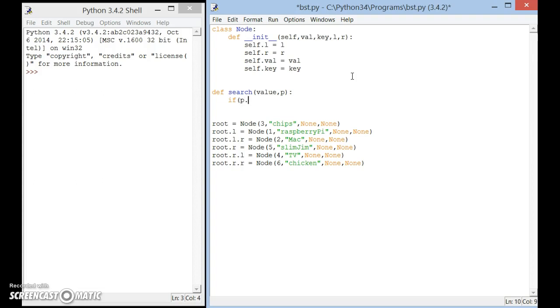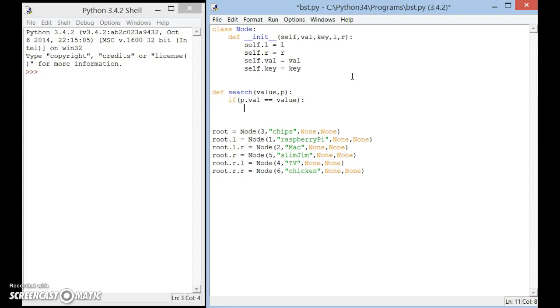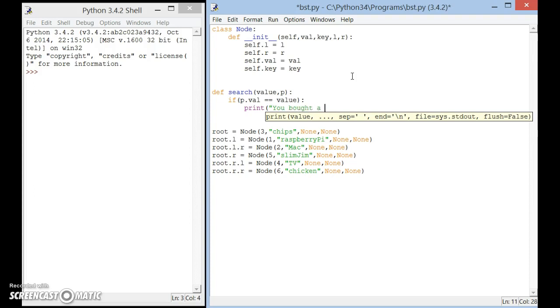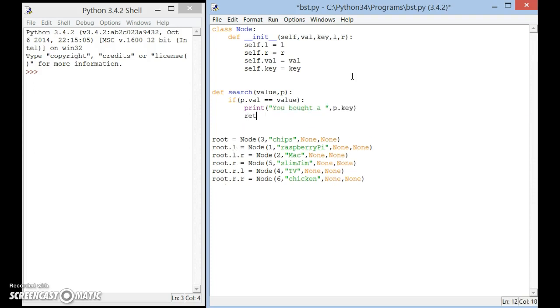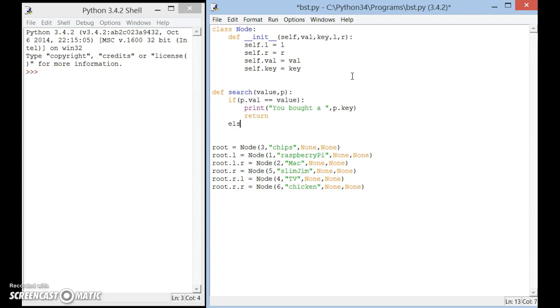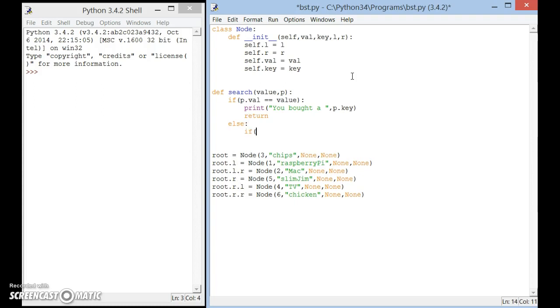So we're going to just search p, and we're going to see if the p dot the value is equal to value. We're going to say print you bought a p dot key. We're just going to return that. And else if the val, if p dot val is less than value,